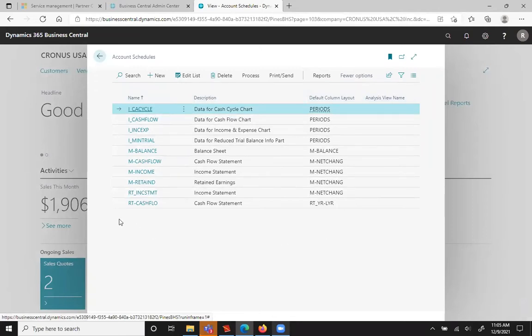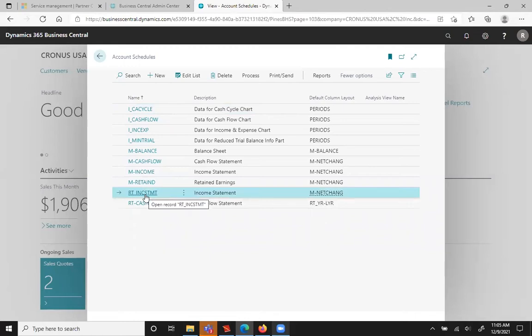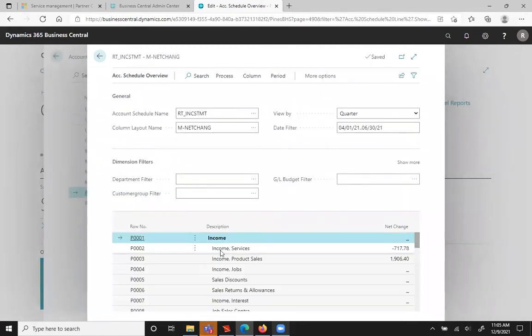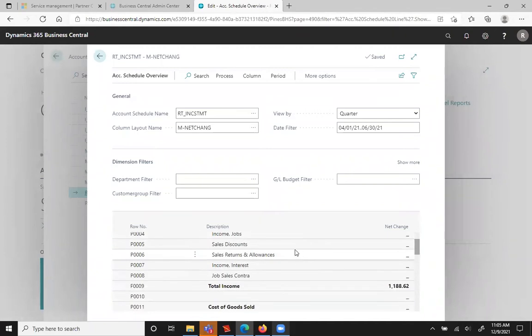The ones with M's and I's on them are standard ones that come in the system. And then I created a couple copies here. So I could select the income statement and hit process and overview. And this will actually show me